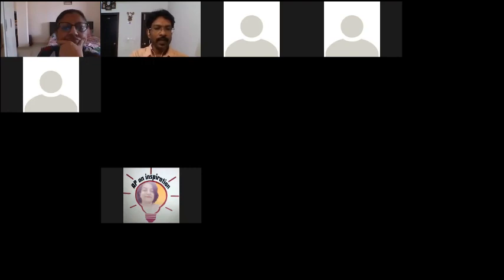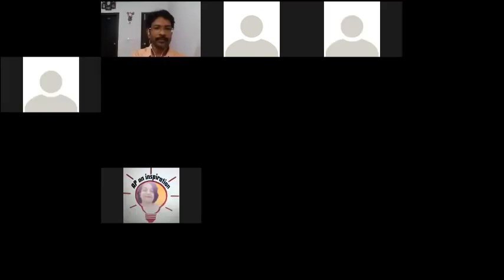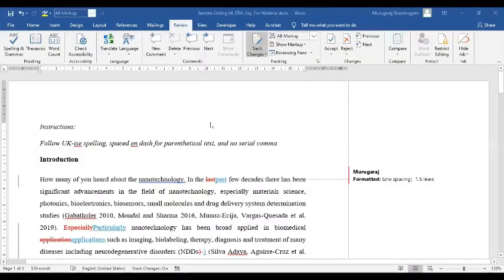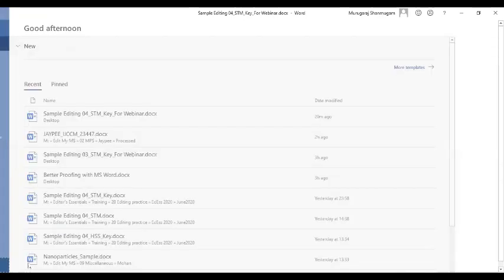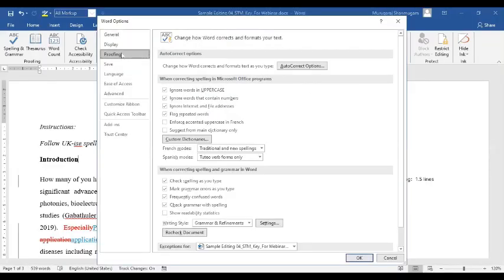So with that, I'll take you back to the Word document again. And this time, we will look at some of the options that are available for us in settings. Again, I go to File, Options, Proofing. It's the same sequence. I'm just repeating it as a kind of reinforcement for you. Proofing, just above recheck document, under the heading, when correcting spelling and grammar in Word. Okay, there are some options that are already checked. These are all default choices.